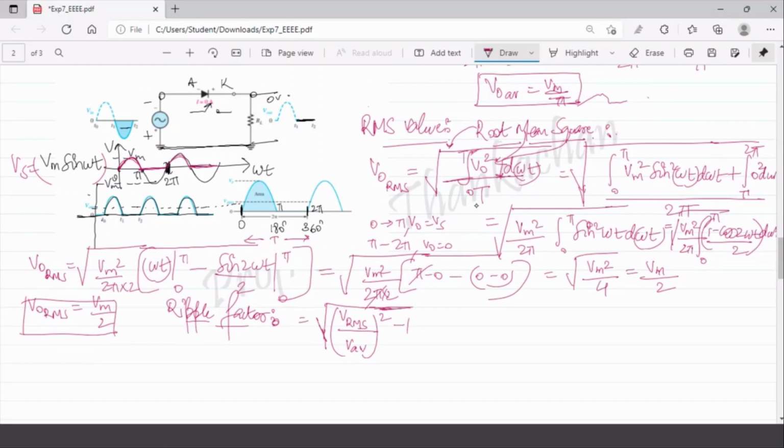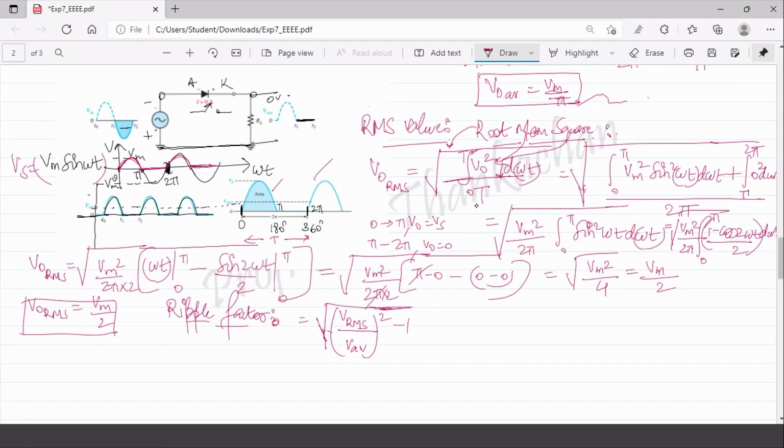Basically it is providing us how much is actually the pulsating waveform quantity in the overall average value. That means the overall effect of the presence of the oscillating quantity, or the AC quantity, in an output rectified DC signal is basically the ripple factor. Ripple is basically oscillations. How much of the oscillations is still present in the rectified output is what is measured by this factor known as the ripple factor.